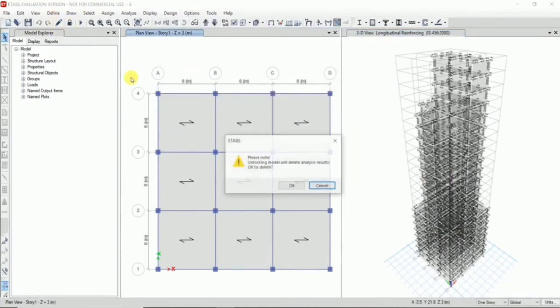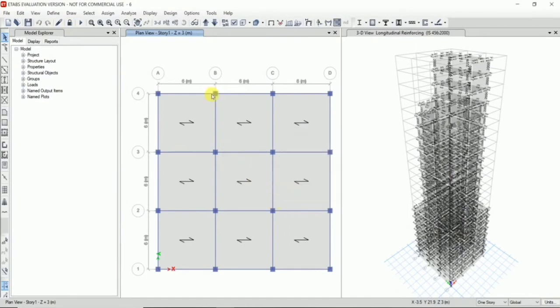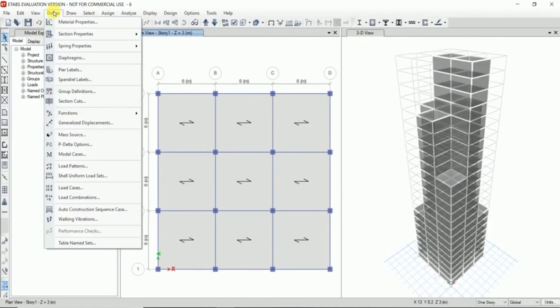Now we unlock the model to add the time history function. We follow the following processes for defining the time history function and analysis and design check for our building model.